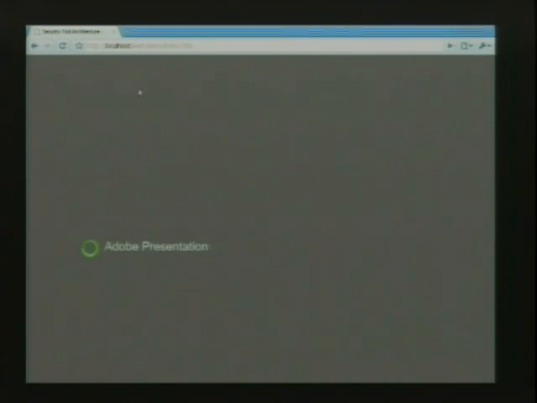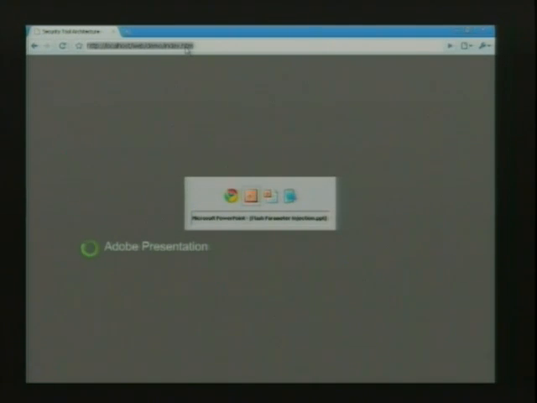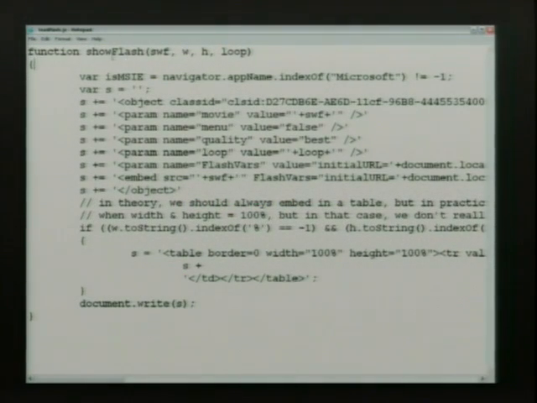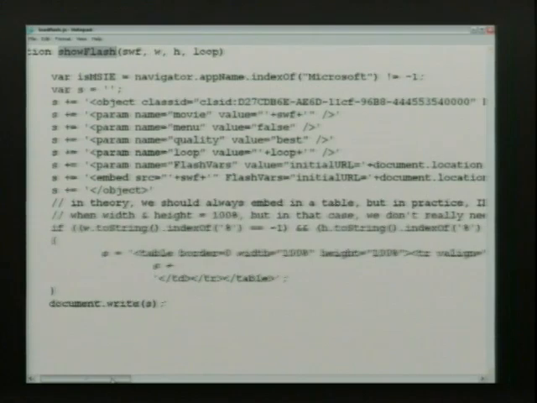So this is an Adobe presentation. We didn't put any real slides here because we didn't have time to, but generally speaking, we have an HTML file, and that HTML file uses JavaScript and a function called showFlash. Now, as you can see, this function is vulnerable to DOM-based cross-site scripting. This was found by